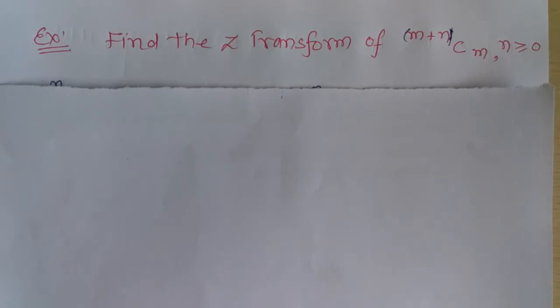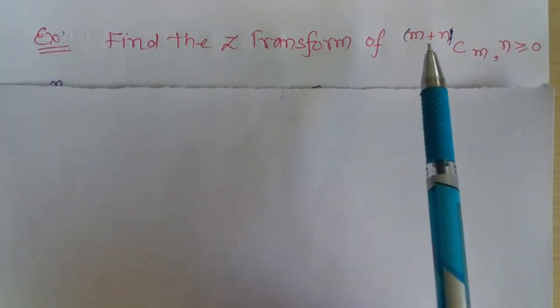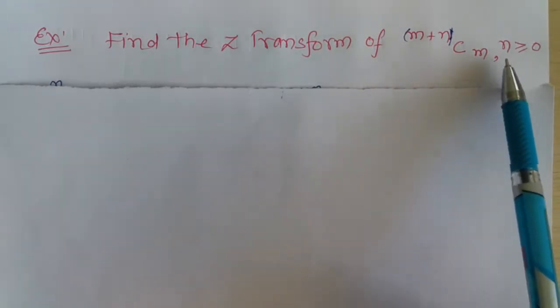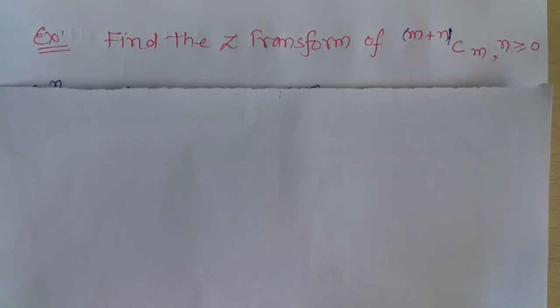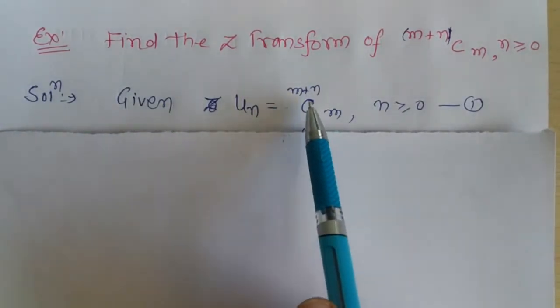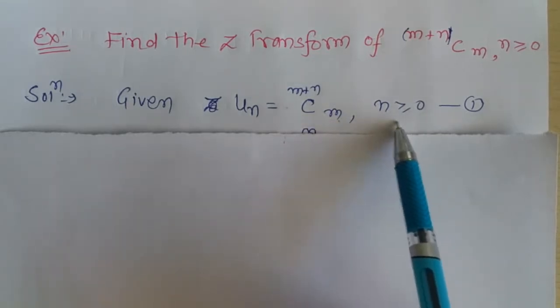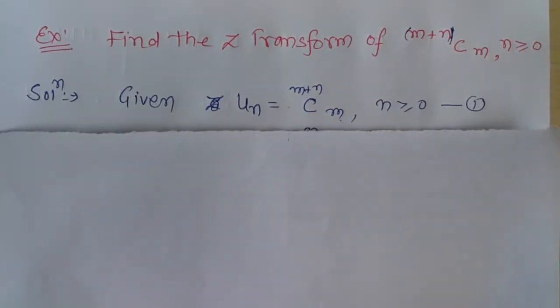Next example is very important. Find the Z transform of (m+n)Cm for n greater than or equal to 0. So given u(n) is equal to (m+n)Cm for n greater than or equal to 0. Now by the definition of Z transform, we know that the Z transform of the sequence u(n) for n greater than or equal to